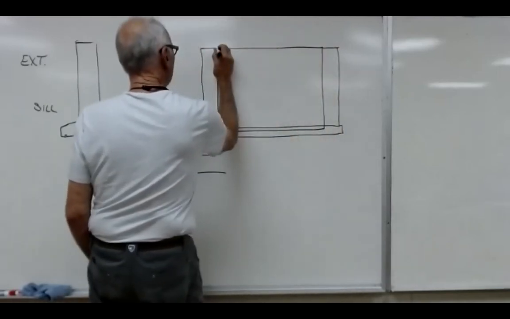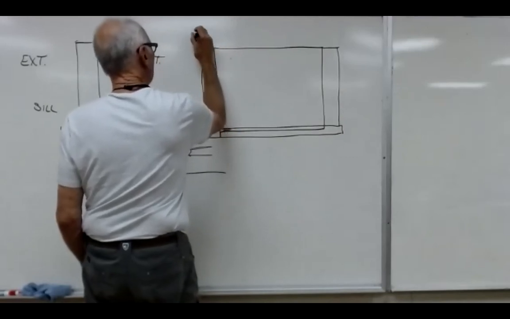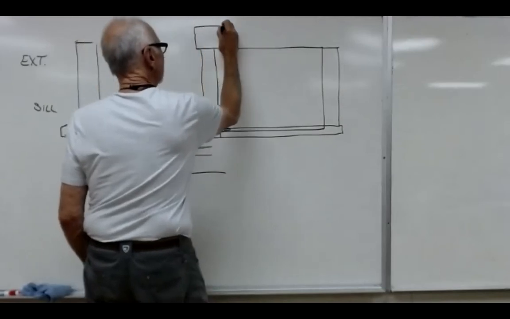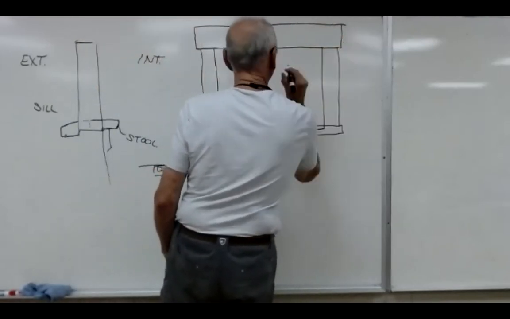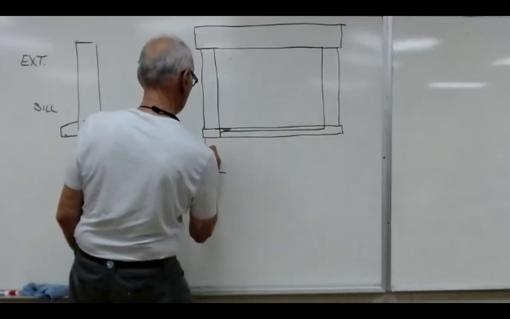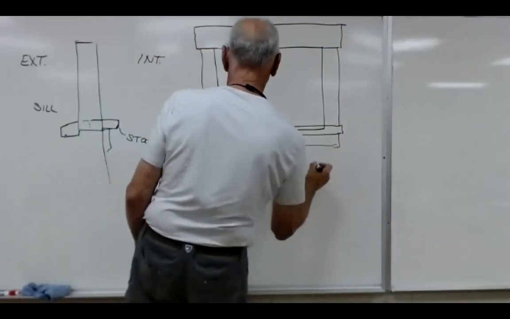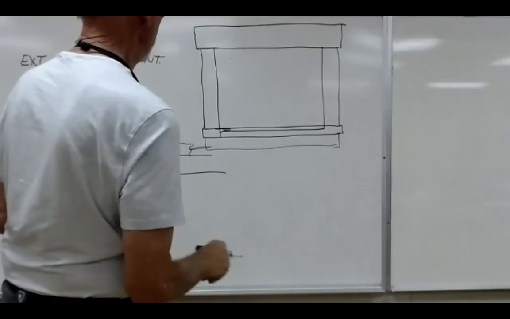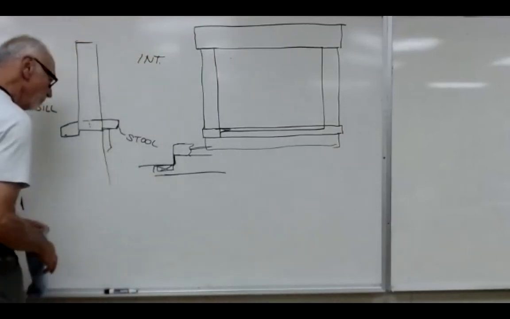Your head, which is a 1/4 inch thicker and taller, and a 1/2 inch reveal again past the window. And then your apron, which is the same size as your leg trim. That's a classically trimmed window that you'd see in any craftsman style house or California bungalow,